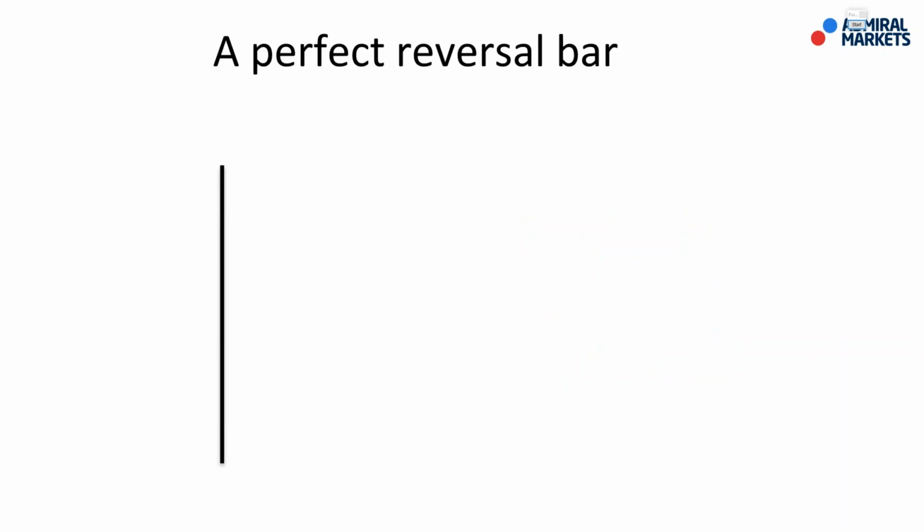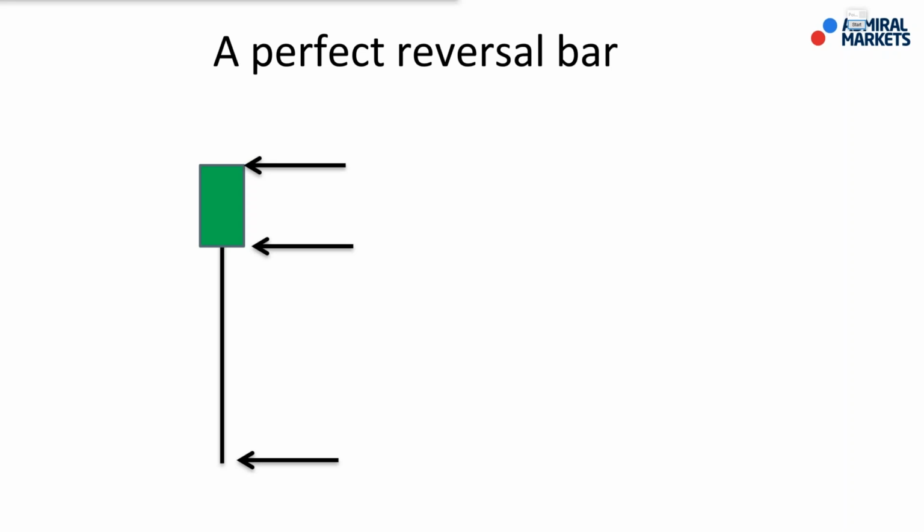So let me see what a perfect reversal bar looks like. You have a body and the tail, or the shadow, on the lower side, because it's a long reversal bar. A long reversal bar, the perfect reversal bar, has a shadow that is twice